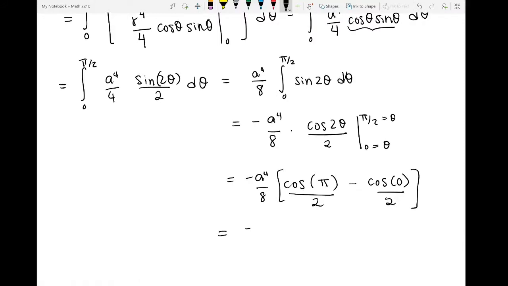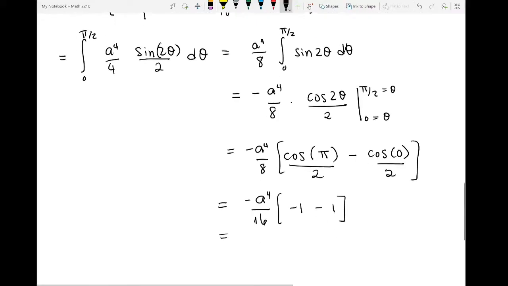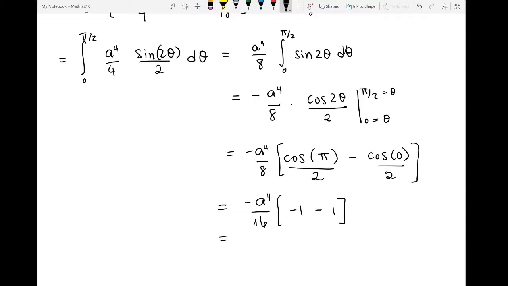Perfect. And then this will be minus a to the 4th over 16. Cosine of pi is -1. Cosine of 0 is 1, so it'll be -2 in here. That cancels with the negative, and I will have 2a to the 4th over 16, or just a to the 4th